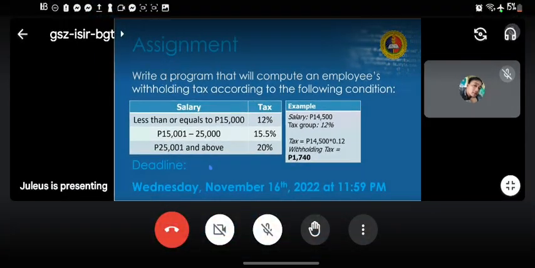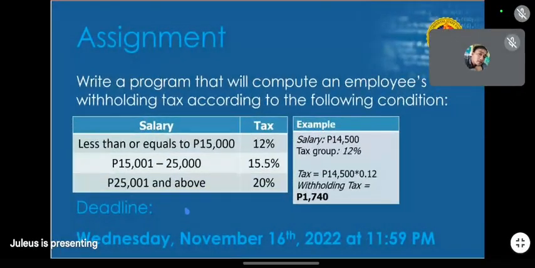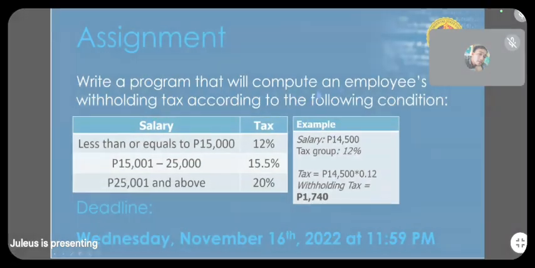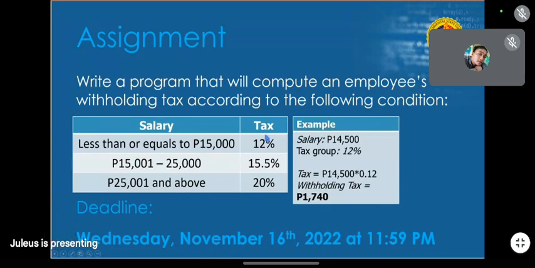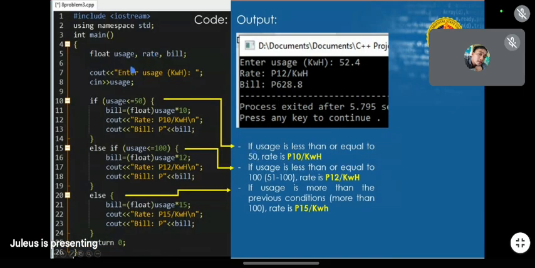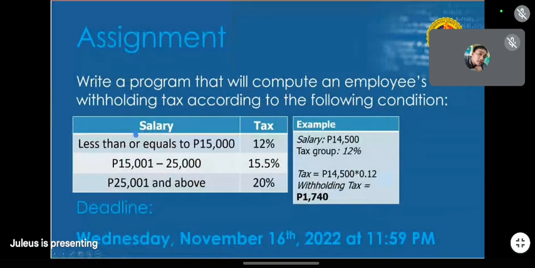And here's your assignment. Yes, sir. Write a program that will compute an employee's withholding tax according to the following condition. So it's similar sa problem number 3. So if ang salary sa user is less than or equals to 15,000 pesos, the tax would be 12%.